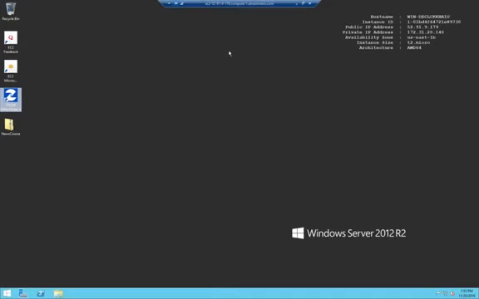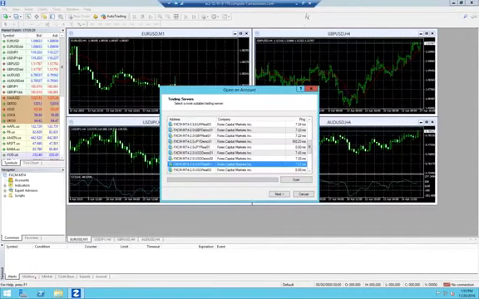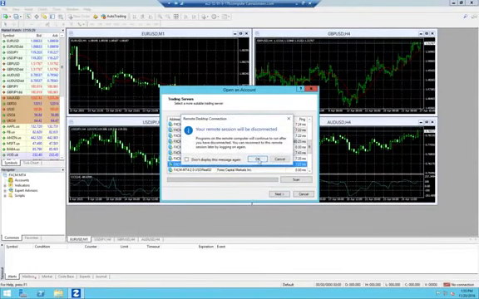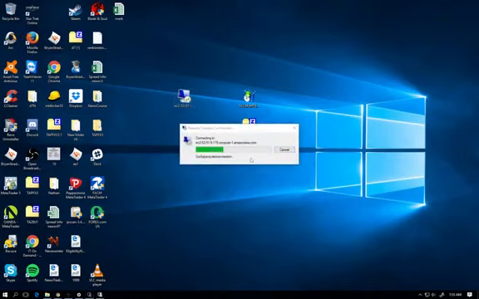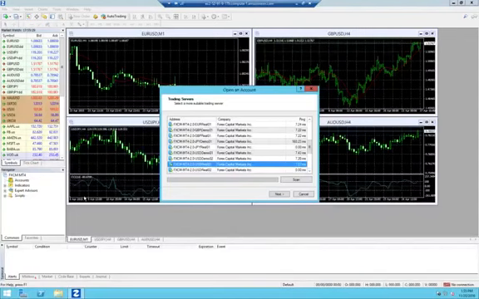If you want it to run in the background when MT4 is running, let's watch what happens. I'm going to hit X, and it says programs on the remote computer will continue to run after you have disconnected. You can reconnect by logging on again. So I don't want to see that every time I log off. So, oh my god, I closed it. So my news EA is running and waiting. All you got to do is jump back on. And there it is, exactly like you left it.